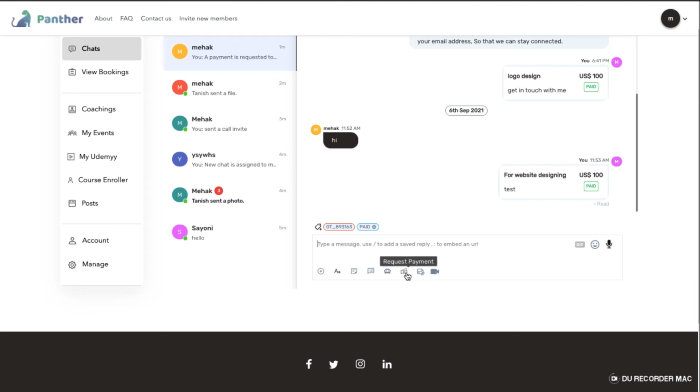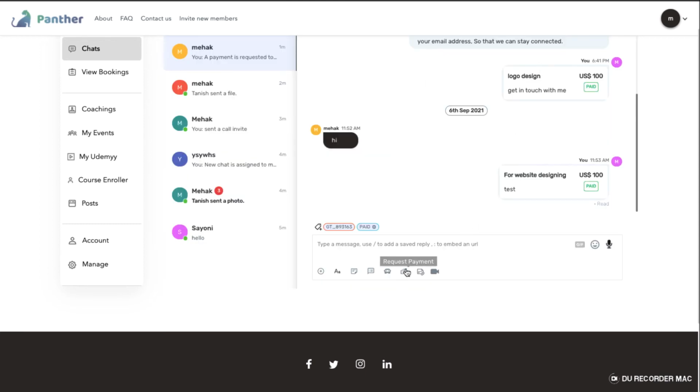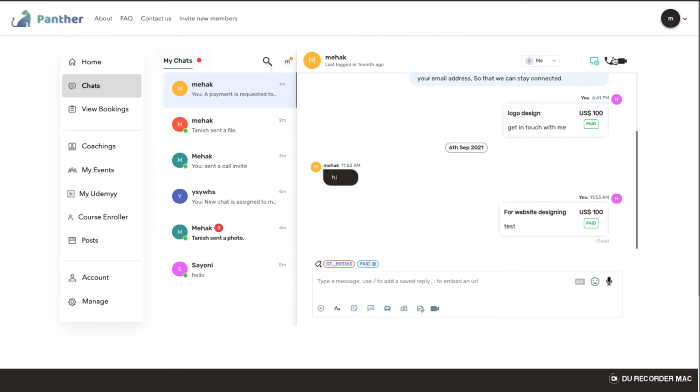This is the option to request payment in chat while interacting with the customer. If the customer asks for a service and you want to charge for that service, this is how you'll be able to do so. You can simply click on this link and request payment from the customer. This is to send an e-form, which is again configurable from the admin end, and this is the option to add an audio or a video meeting. So you can have an audio video meeting from here, or you can click on this option to start a meeting as well.